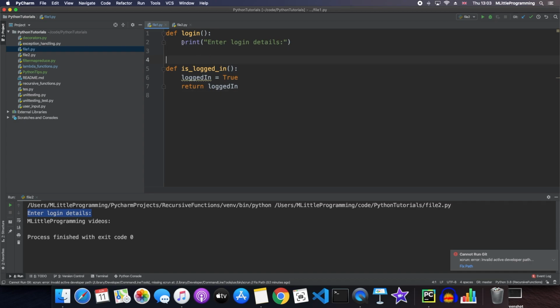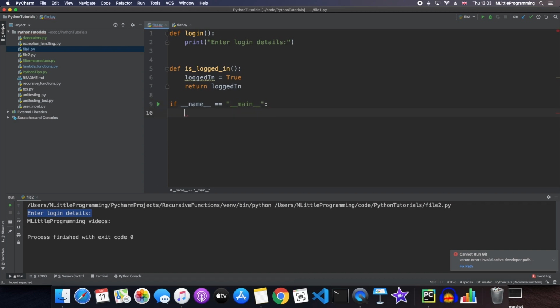And as we only want this to run on the first time the user logs in, we can say if the name variable is equal to main, then we want to call the login function. And this means that any time that we run file1, name will equal main, and therefore we'll call the login